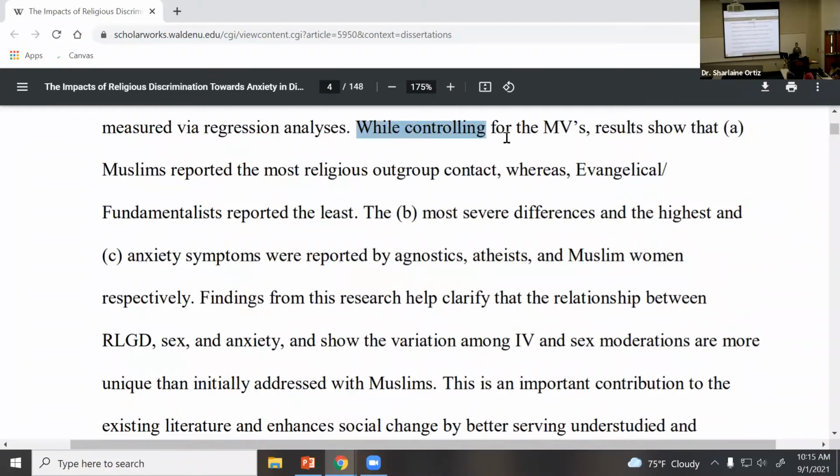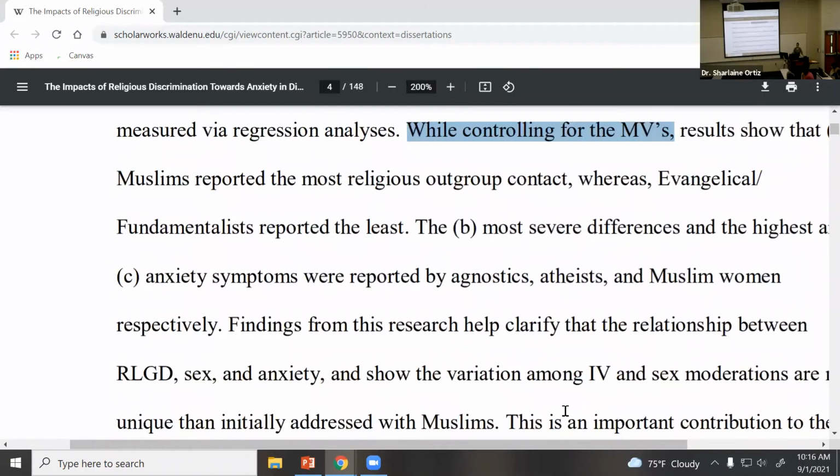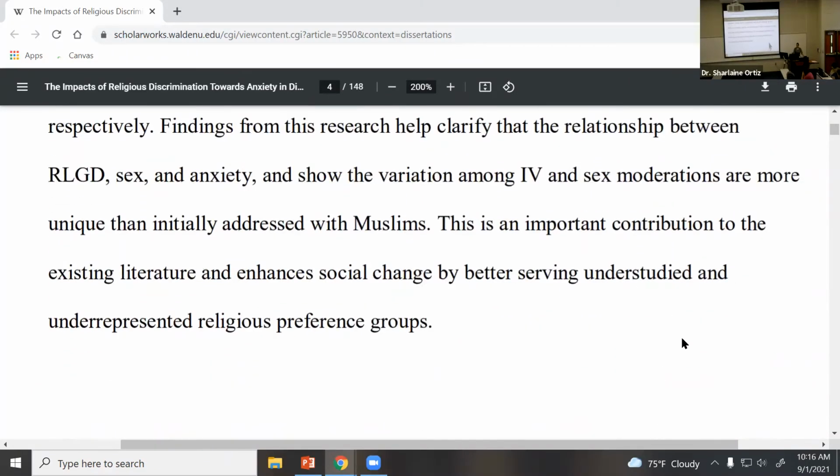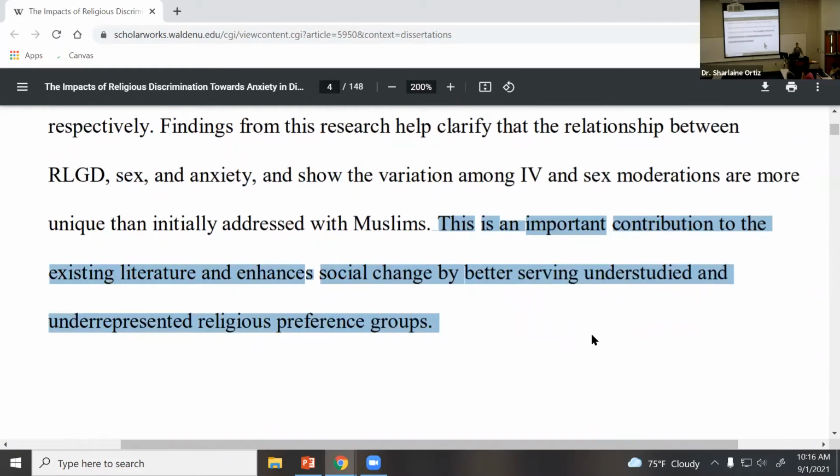For example, in this case, controlling implies an experiment or quasi-experiment. So I already know that this is a quantitative research, and that it was an experiment or quasi-experiment. And this was the result. This is actually one that I did. And it tells you what it is that I found. And most of them will include, why is this important? Why was this research important? Why was it working?